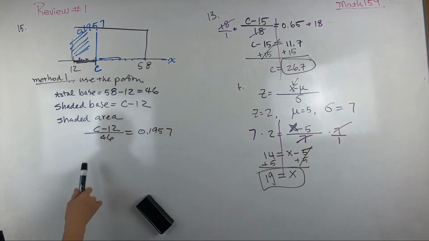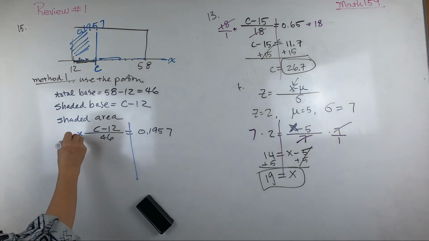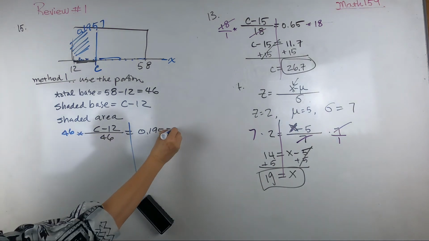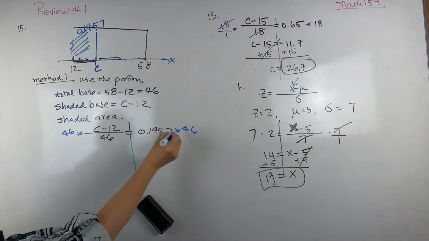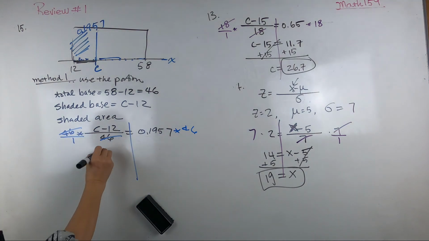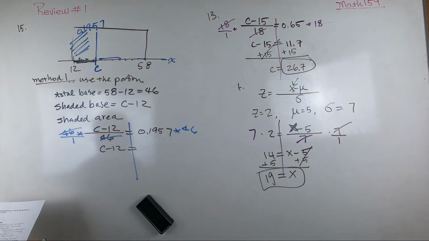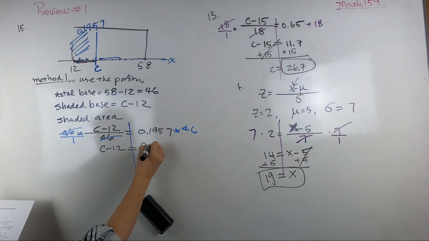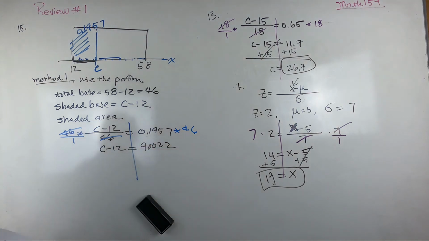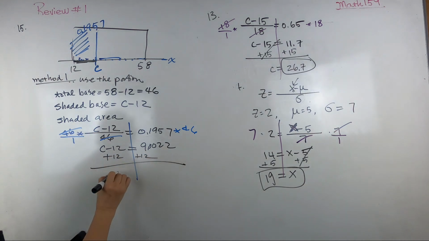So we have a linear equation. How do we solve linear equations? Get rid of the fraction first, times 46. You put a 1 underneath, you cancel, then you have c minus 12. Then you multiply them, you should get 9.0022. To solve for c, you add 12, then c is